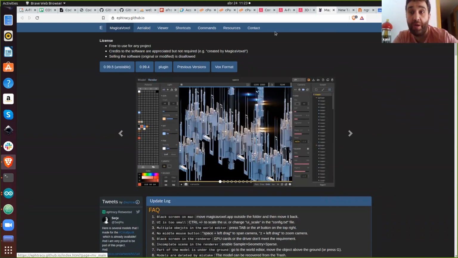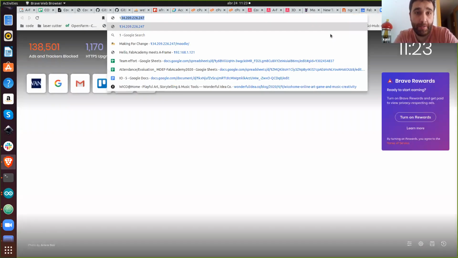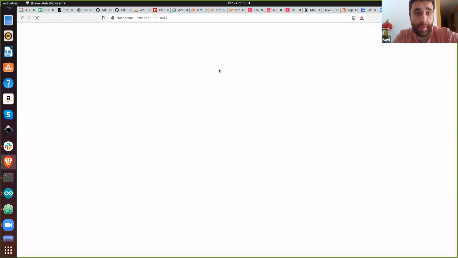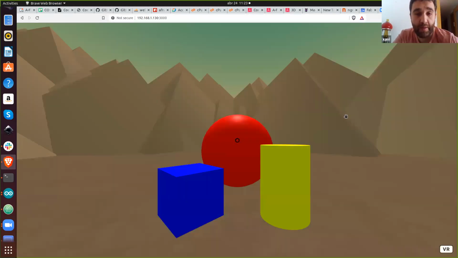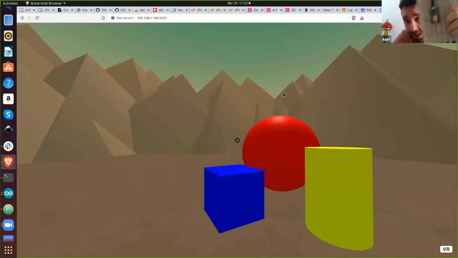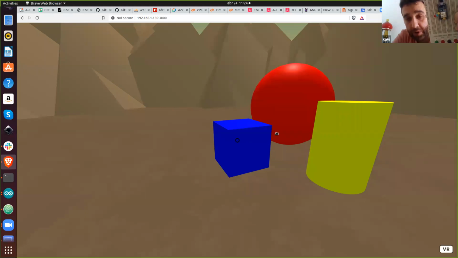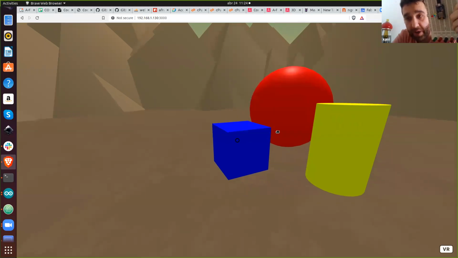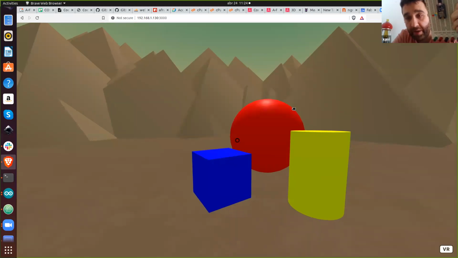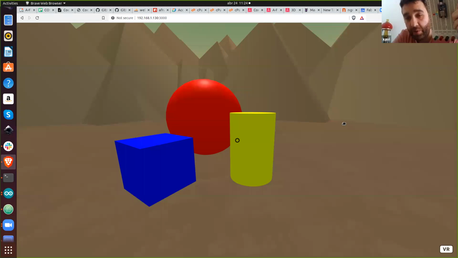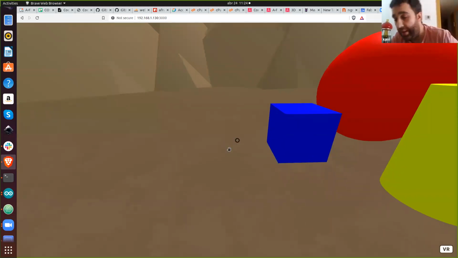Okay, now I'm going to show you how to do it in real time. What I coded, I don't know if you can see in my screen, is I have my NodeMCU with 3 LEDs, okay? Now it's not connected. The idea is if I point to the box in blue, then the blue LED is going to be on. If it's the sphere in red, then the red, and if not, yellow, okay? So then I connect,